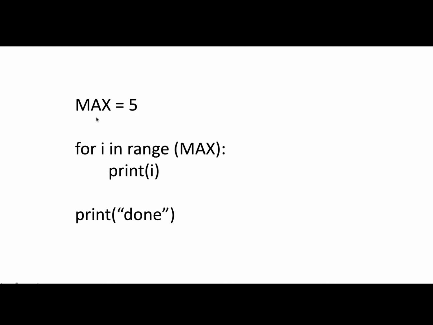which we first initialize a variable to a maximum value, in this case 5, and then we demonstrate a for loop by having the loop variable simply iterate from 0 through that max value, printing out the value of the for loop each time. And then, once outside the loop, we'll print out the string done. This program would generate the following serviceable but quite plain output of the value 0 through 4 and done at